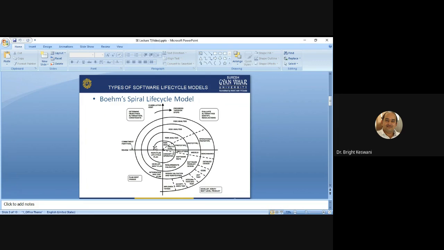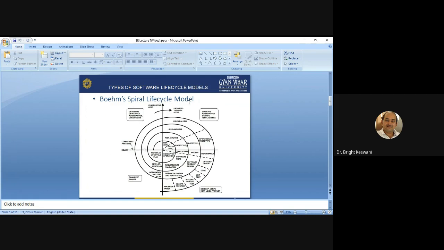Its main feature is that it is primarily risk avoidance driven rather than document driven, code driven, or release driven. So this risk analysis phase gives it a risk driven nature. Now let us discuss the working of